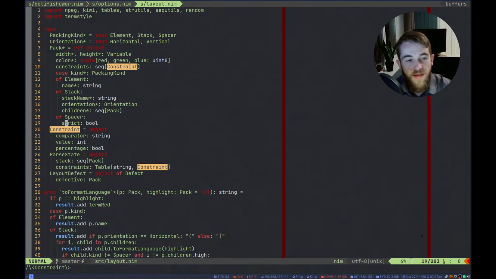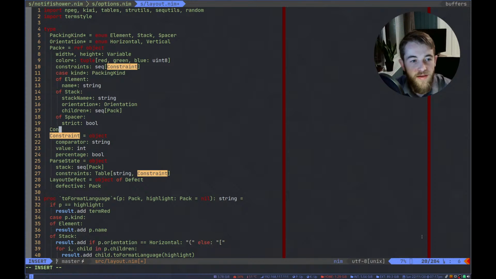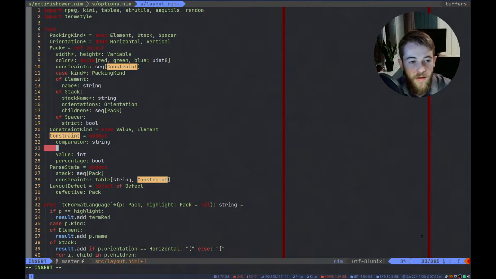So basically, I think I want to have a constraint kind as an enum and either have it as value or element. And comparator, I need to keep that because I want to do the same, like bigger than, smaller than kind of logic.